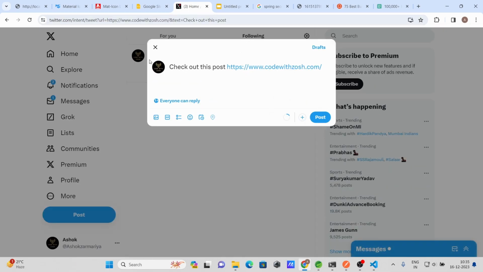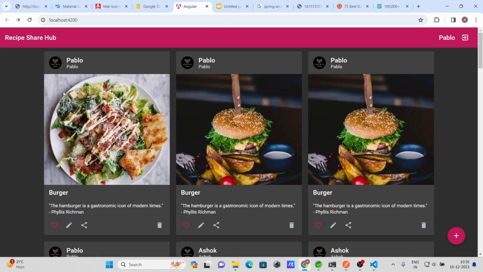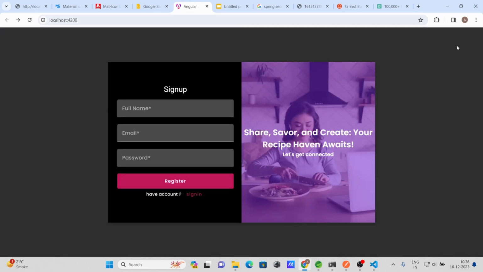Okay, so here you can share your recipe as well. All right, and now let me go back. Yeah guys, so that's the demo of our application, and again by clicking on this button you can log out,